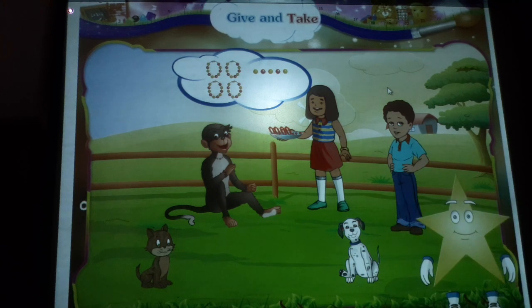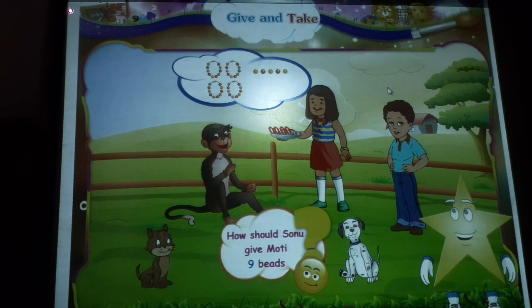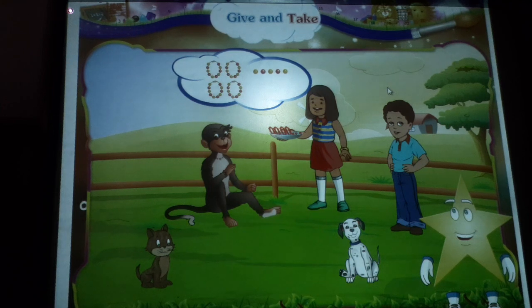Moti wants to make a bracelet of 9 beads. How should Sonu give Moti 9 beads? She can give Moti 5 single beads, but she has to give 4 more beads. So, she will untie 1 string of the 4 strings. Now she has